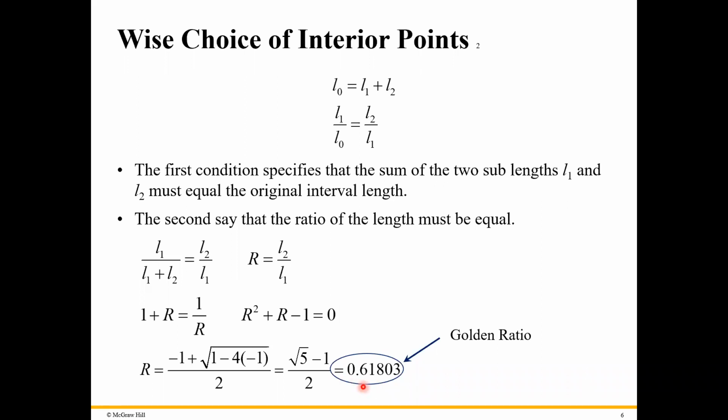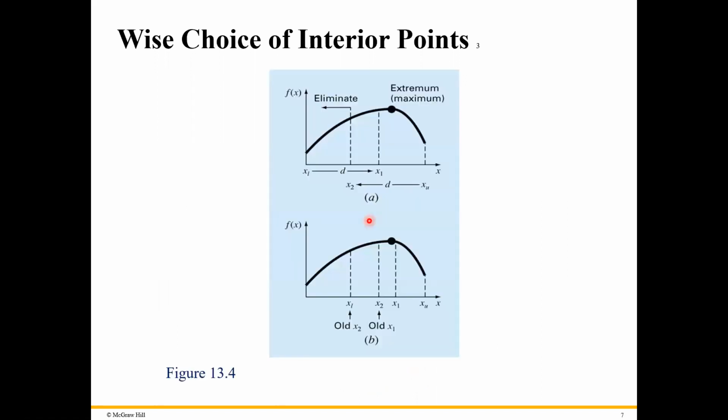Using this golden ratio, we can divide an interval into approximately 62% and 38% ratios. So 62% and 38% ratios. So this is useful in this optimization problem. Okay. So for the wise choice of the interior points, we have to choose the points x1, which is here, and x2, which is here,